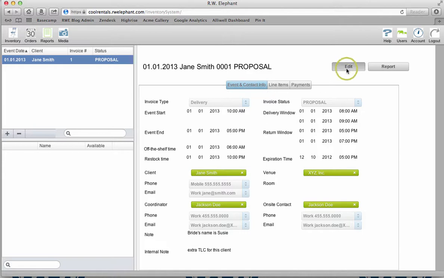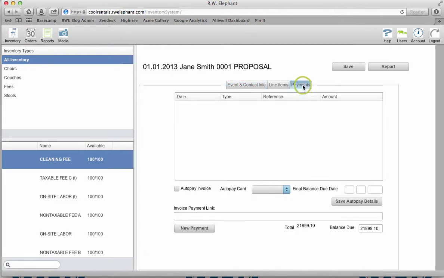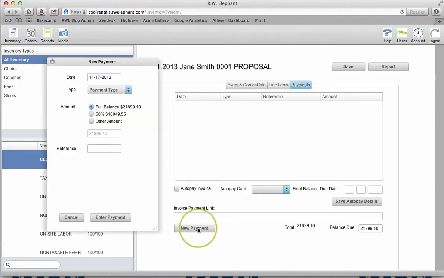We're going to click on edit, and we've decided that this order is going to be confirmed. So instead of proposal over here on the right, we're going to choose confirmed. And then also we want to record a payment. So we're going to click on the payments tab, and we have a couple options. So the first thing we can do is click on new payment down here at the bottom left, and we